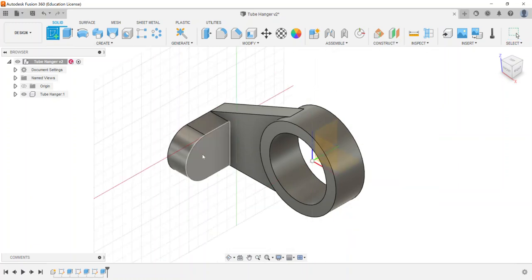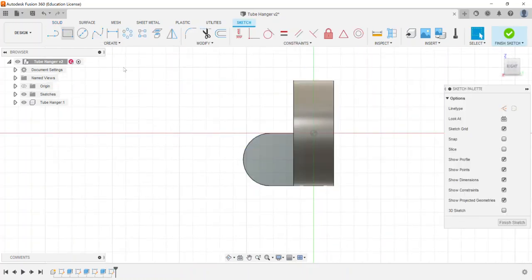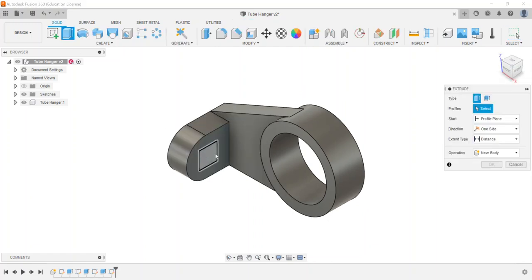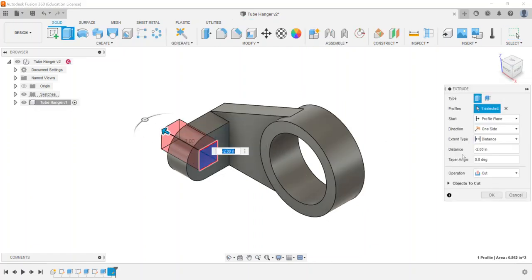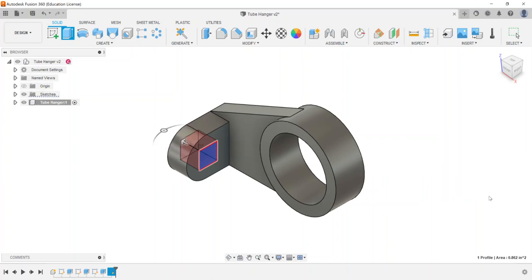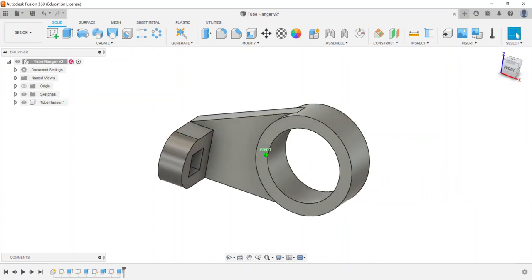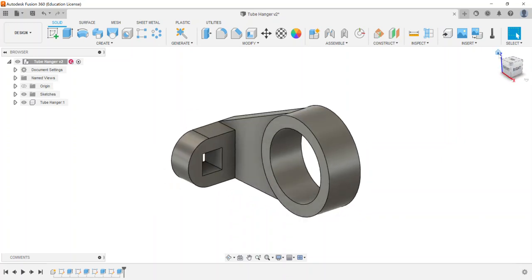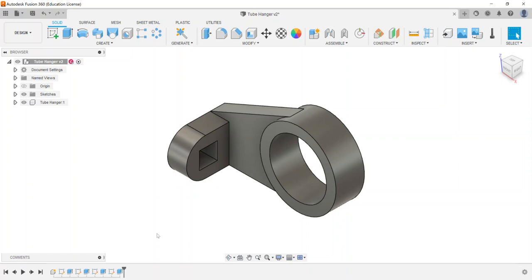Now what I could do is maybe put in a new shape in there. Maybe I want a square hole, or a square opening, I should say, not really a square hole. I won't worry about dimensioning it, but then maybe I want to go ahead and extrude that through and have that be in there as well. So that is one way to delete a feature without having to redo a bunch of work, and then be able to go through and put in a desired feature or part that you want to have created to the component that you're making. So this concludes how to do feature deletion out of the model history tree,